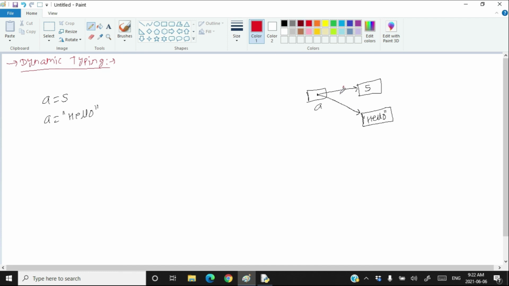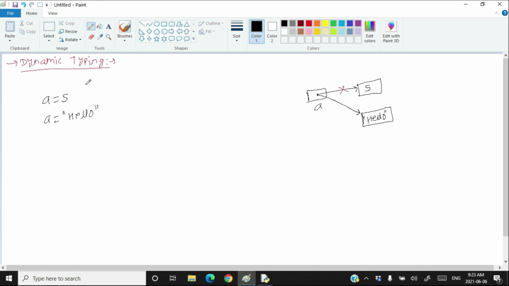It's not integer. But Python does not have any problem with it. Python never told that you have to store only addresses of whole numbers in a. Python is okay with it. Whatever address you want to store in a, you can store.